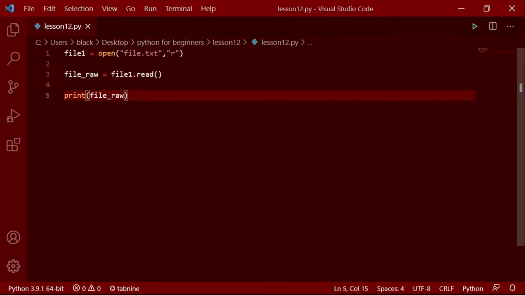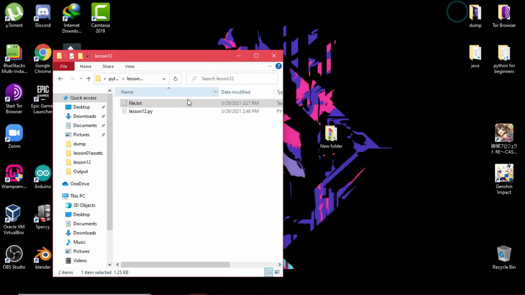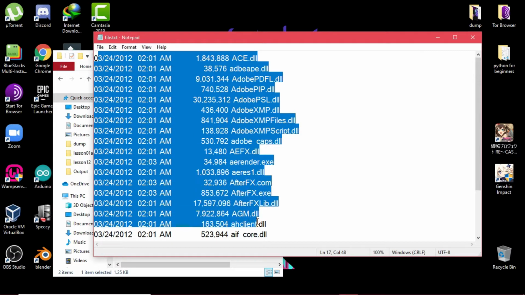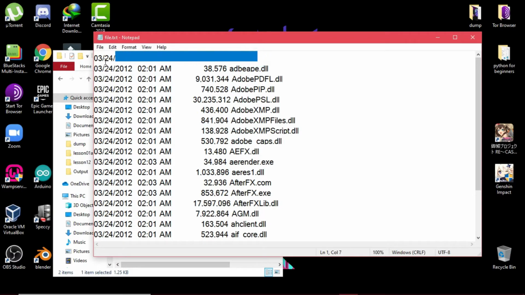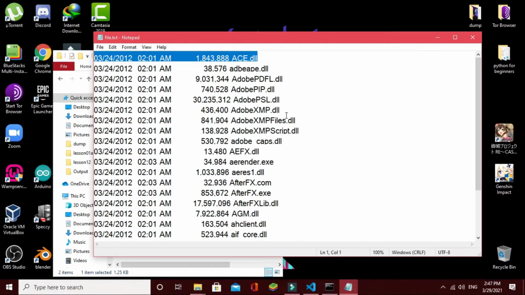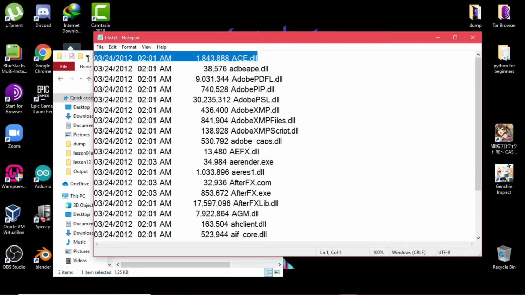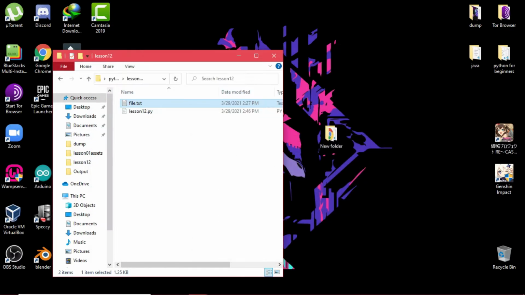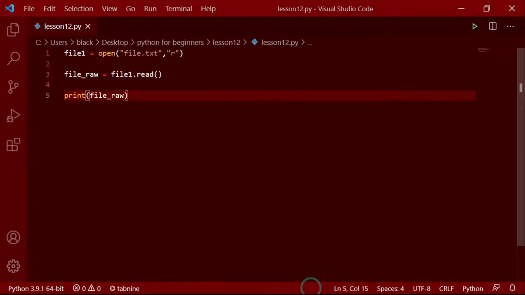Now let's say we want to add the contents of this file, line by line, into an array: this line as the first element, this line as the second element, and likewise one after another.